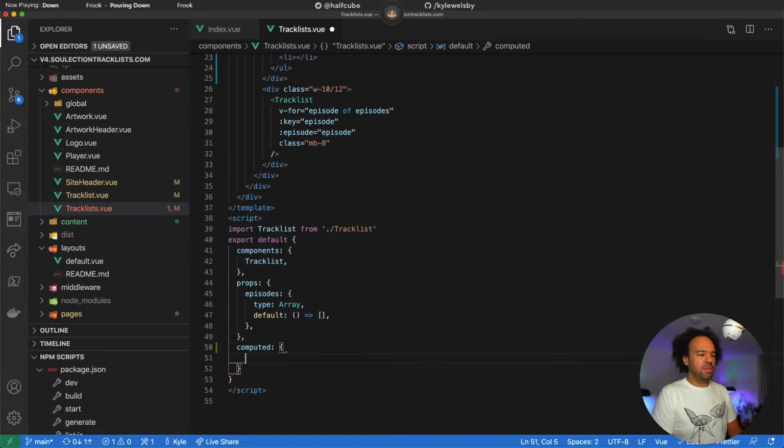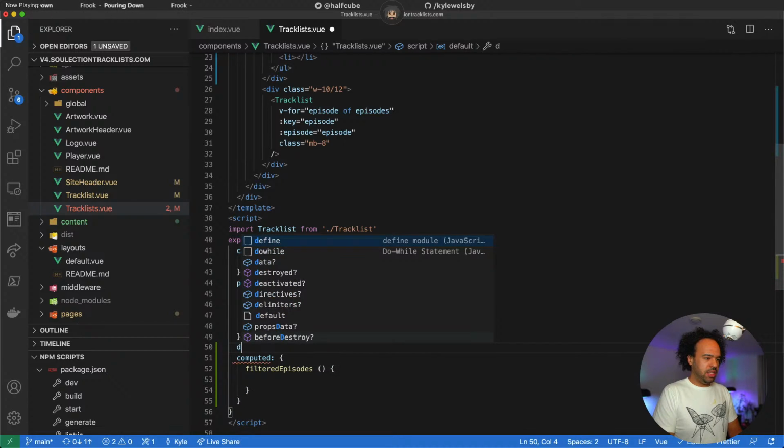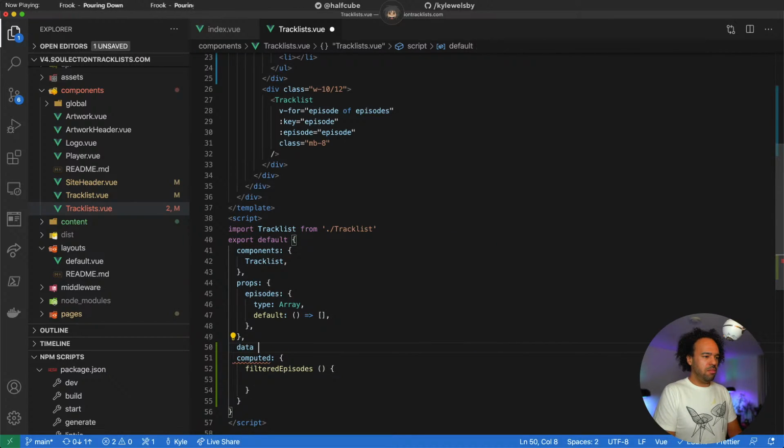We're still using the options API on Vue.js, and we're going to take in those episodes, and we're going to do filtered episodes, and I guess we only need a data prop, section, which will be type of episode, and we're just going to go with all for now.